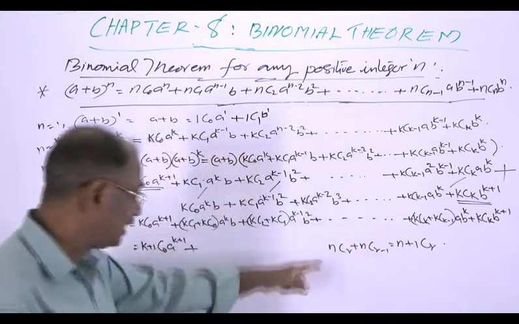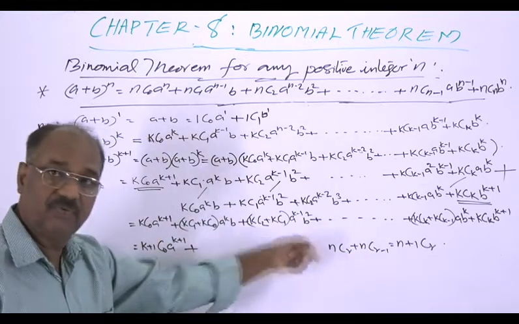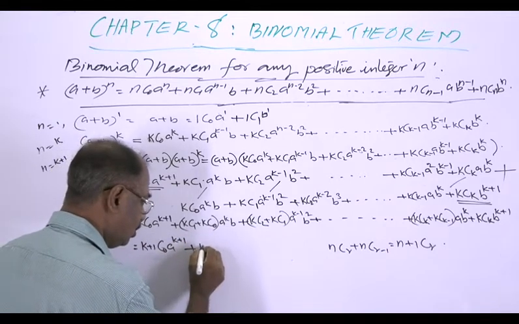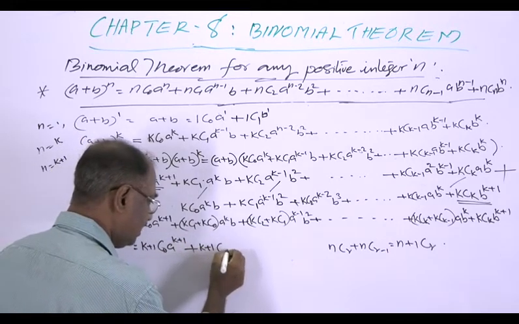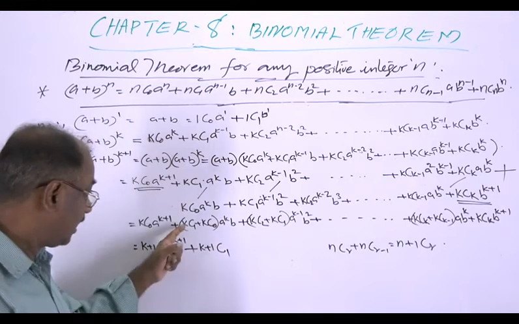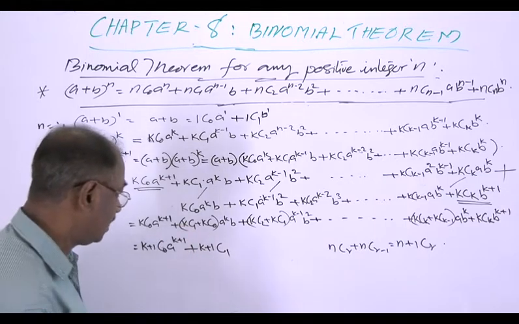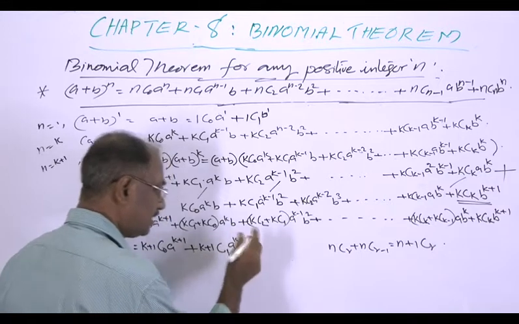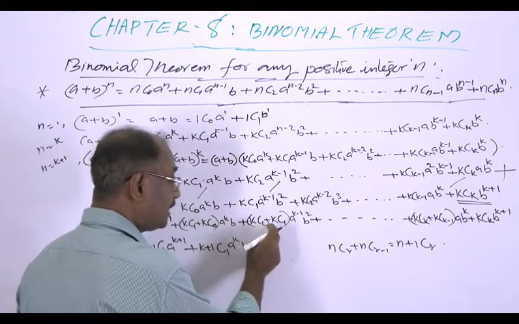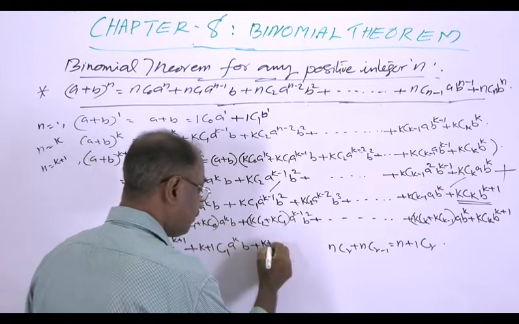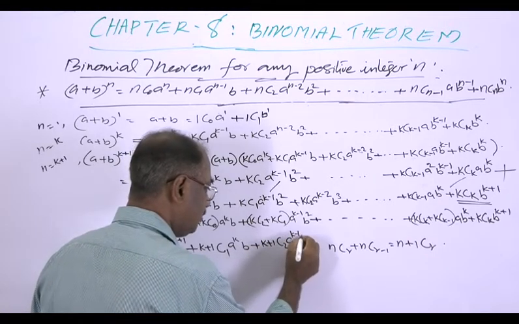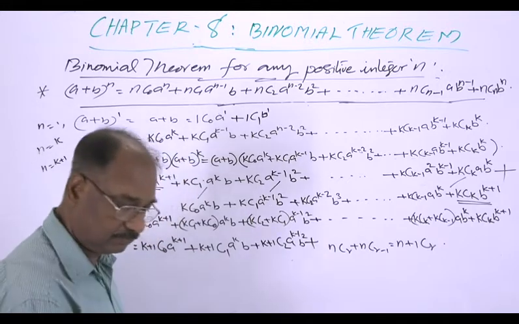So writing this form, we see that kC1 plus kC0 equals k plus 1 C1, into a raised to k b, plus this term kC2 plus kC1, which is k plus 1 C2 a raised to k minus 1 b squared, plus